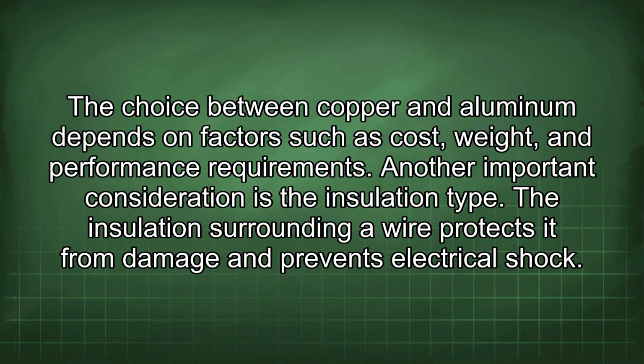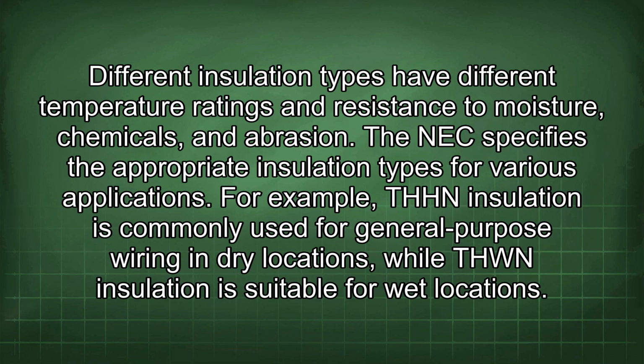The insulation surrounding a wire protects it from damage and prevents electrical shock. Different insulation types have different temperature ratings and resistance to moisture, chemicals, and abrasion. The NEC specifies the appropriate insulation types for various applications. For example, THHN insulation is commonly used for general-purpose wiring in dry locations, while THWN insulation is suitable for wet